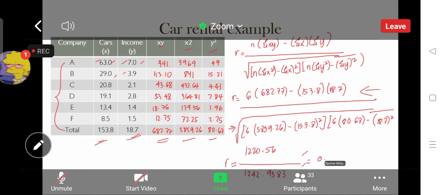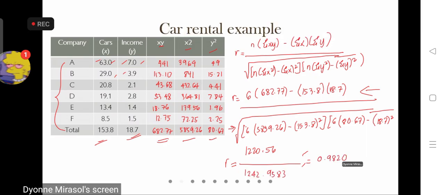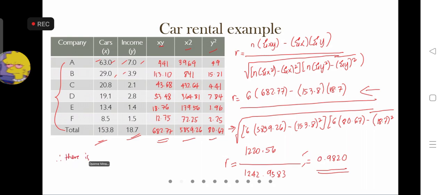Okay, 0.9820. So, mao siya ang atong correlation coefficient. With this correlation coefficient, what can we then say about the correlation between x and y? Strong positive. Okay, there is a strong positive. Therefore, there is a strong positive relationship